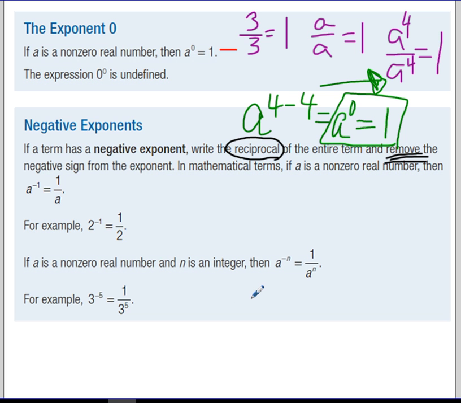And so a to the negative n power, whatever integer you want to put there, is the same as 1 over a to the n. For example, 3 to the negative 5th is 1 over 3 to the 5th. So that negative exponent tells you to flip. So in turn,